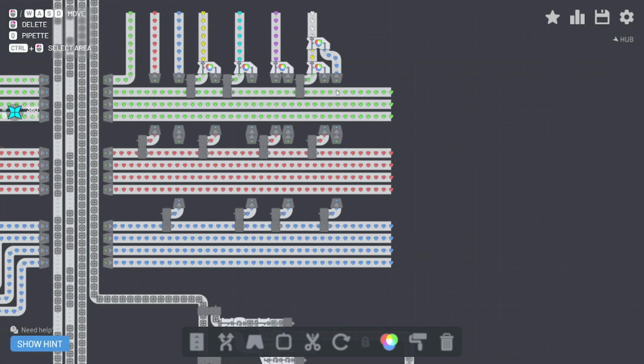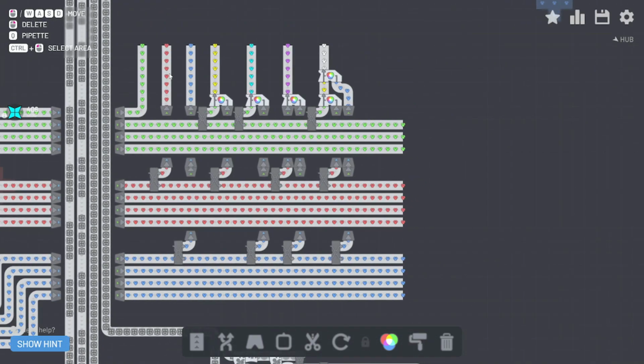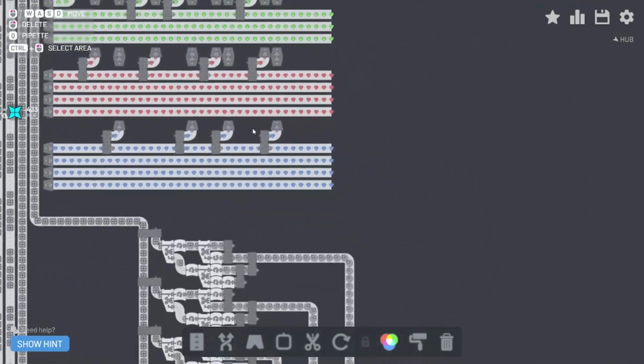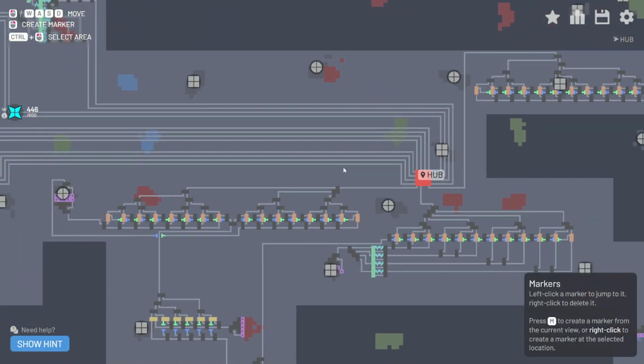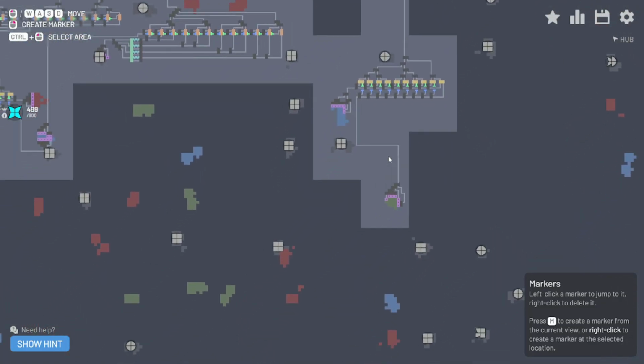I think what we'll do is we'll combine 2 of these belts together to get 2 rows of these and 2 rows of the regular color. I think that'll work. That should probably be all right. But yeah, I think on that note, we're essentially just waiting for this to get up to 3,500 to get our extraction, and then at our hub,